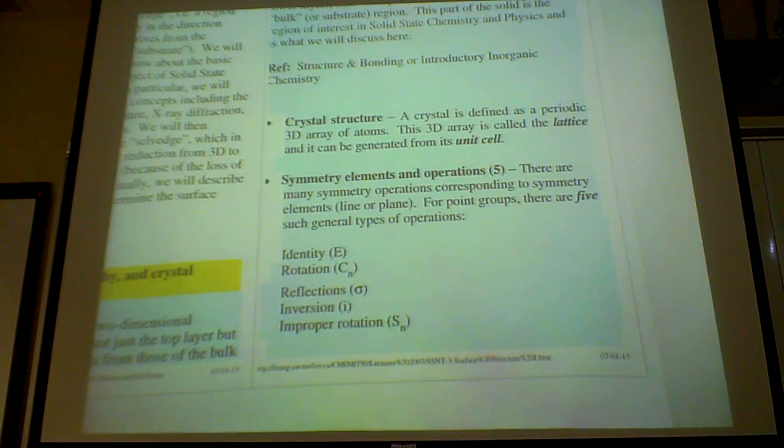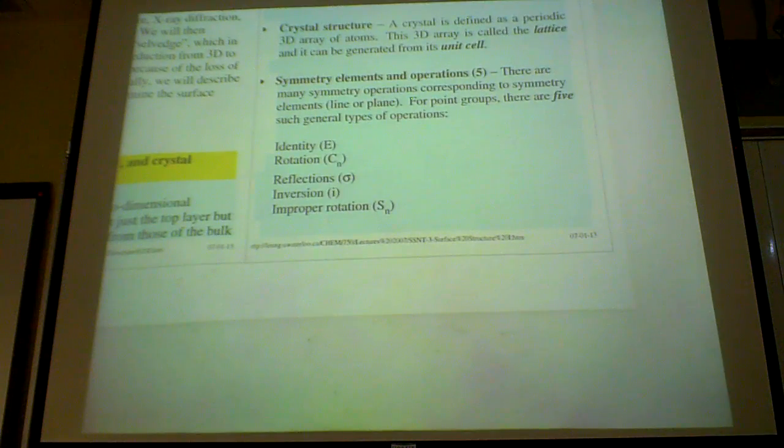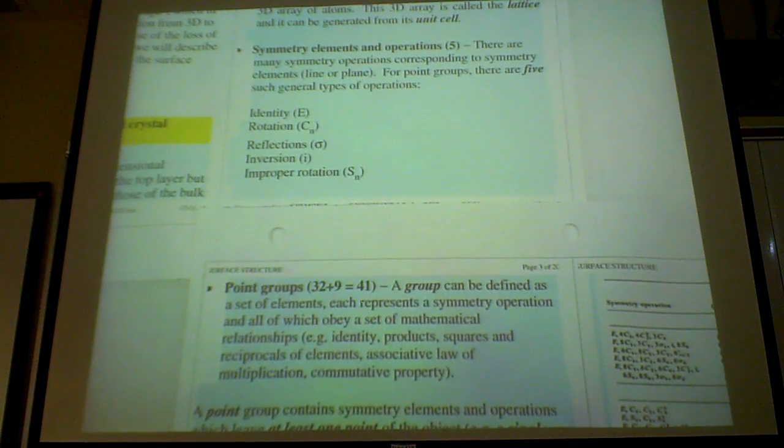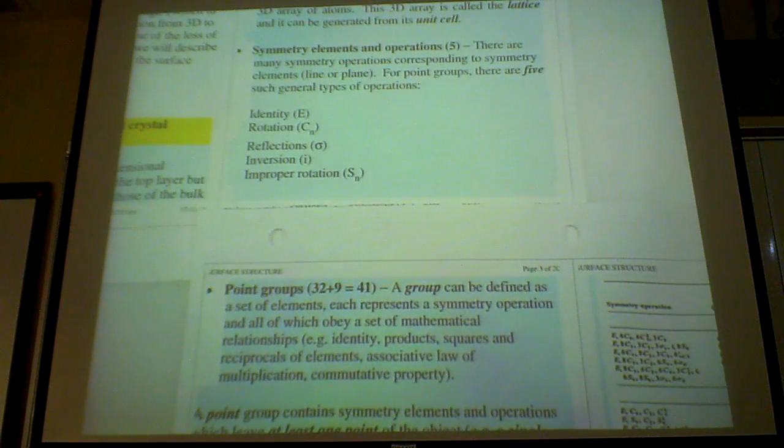They are symmetry operations. Symmetry operations are operations that you operate on your system, and after the end of the operation, you do not see an effect of the change. From these symmetry operations, you could generate something called a point group, right? Point group is another thing that people talk about. There are not so many point groups. There are all